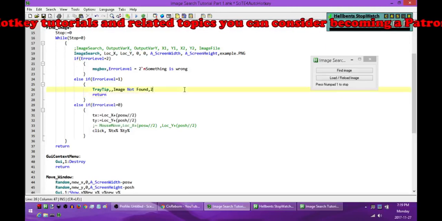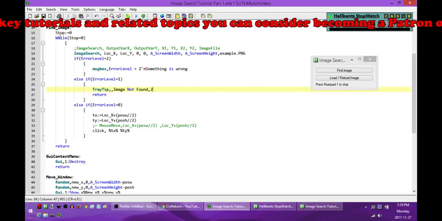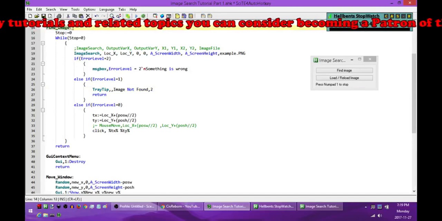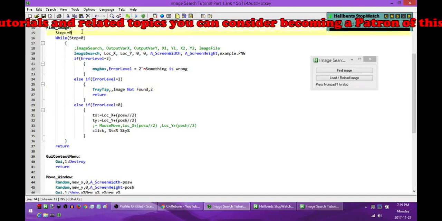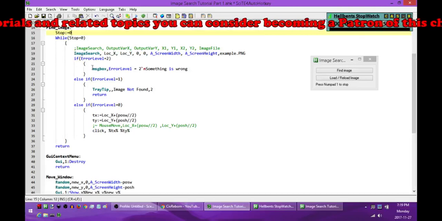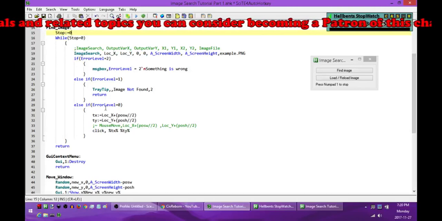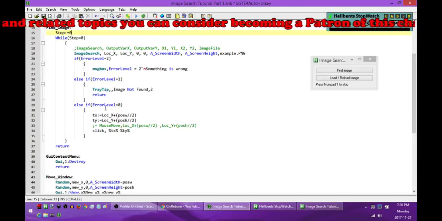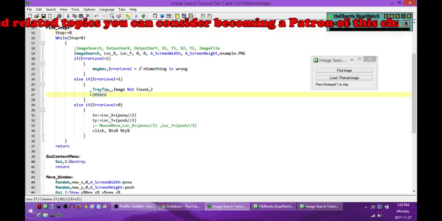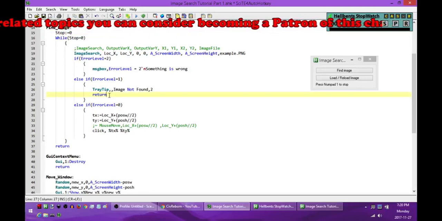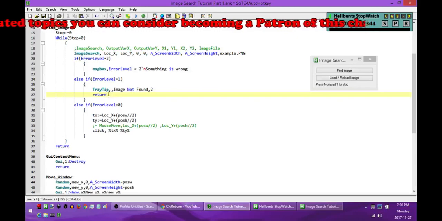We're going to exit out of this loop. Now perhaps our find image is in some larger subroutine, perhaps it's not just as small of a subroutine as this, perhaps it's a really large subroutine, and perhaps we don't want to actually jump out of this subroutine, so instead of putting the return here,